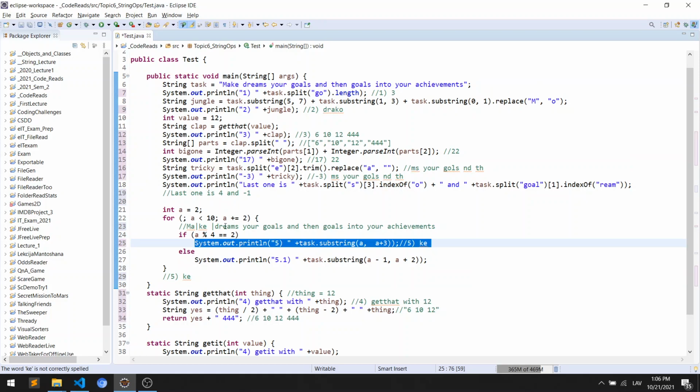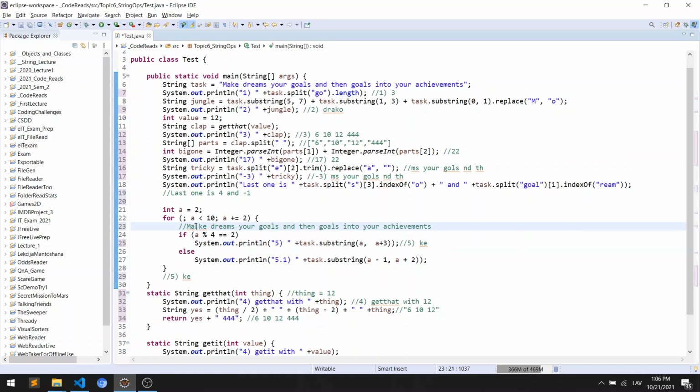We move on to the next iteration. But at first we are adding 2 to the value of a. So now a becomes 4. It's still less than 10, so we are entering the loop again. So now the value of a divided by 4 doesn't have a remainder of 2, so we are entering the else branch. So in here we'll be printing out